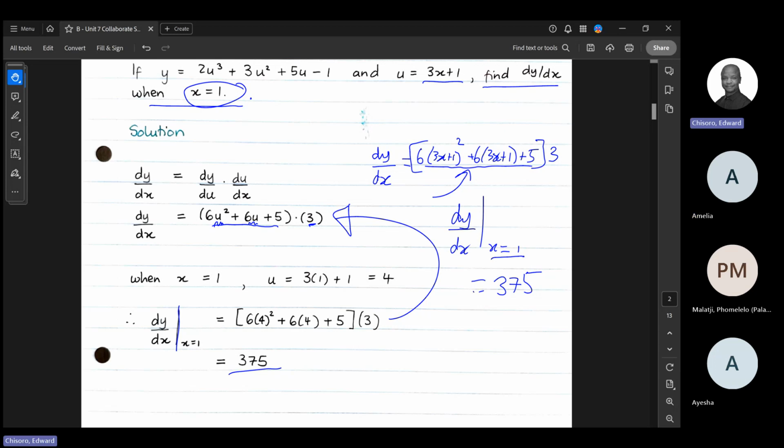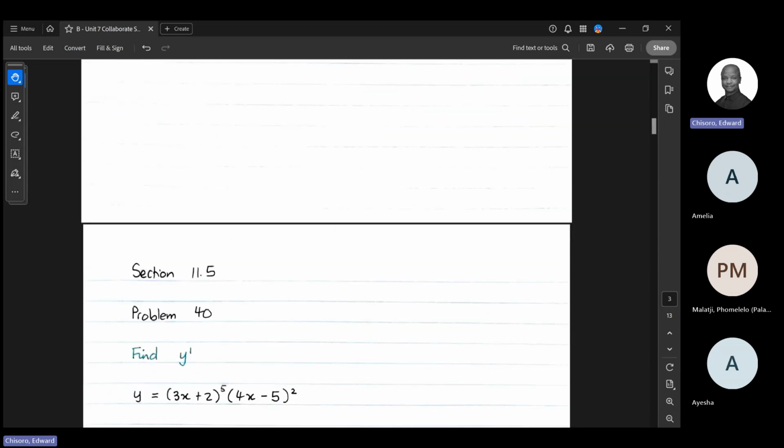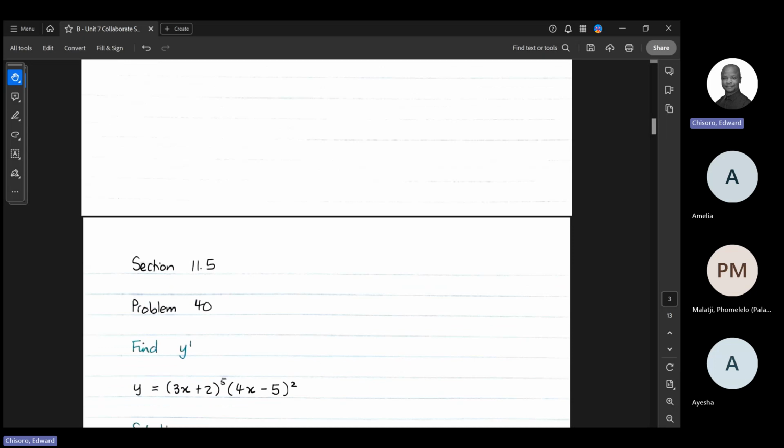Pleasure. Okay, so let's proceed to the next problem, which is asking us to find y prime. So that's just another notation to say dy dx or the first derivative. Right, so find the first derivative when you're given y is equal to 3x plus 2 to the power 5 times 4x minus 5 to the power 2. If you inspect what y looks like, we see you have these two brackets. So you have a multiplication. So we are going to need to use the product rule,